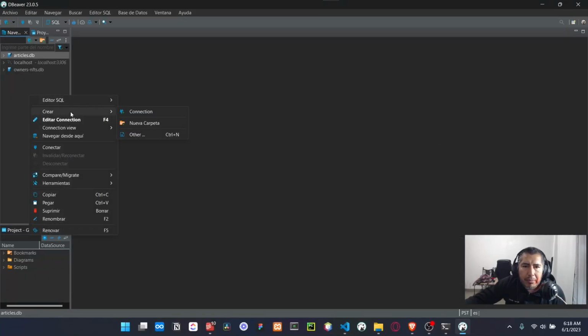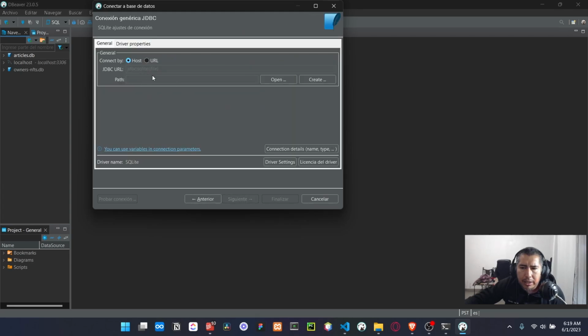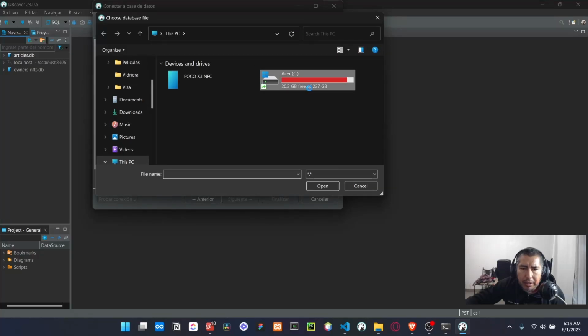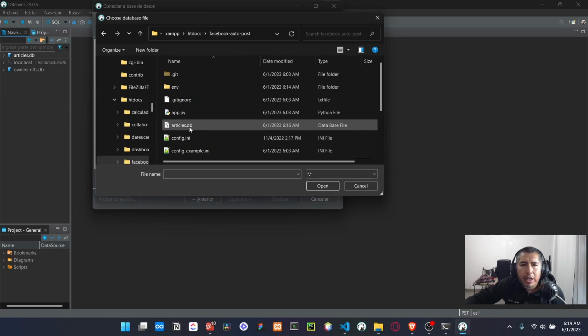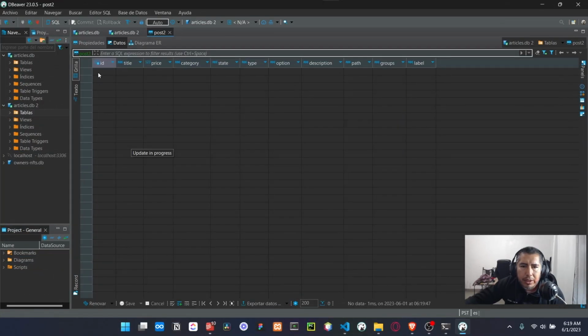You open DBeaver, and you need to open a new connection and choose the SQLite option. You need to find in your project the articles.db file, and you need to click on finish. This is the table, and you can see the ID, the title, price, category, description, type, groups, label, and